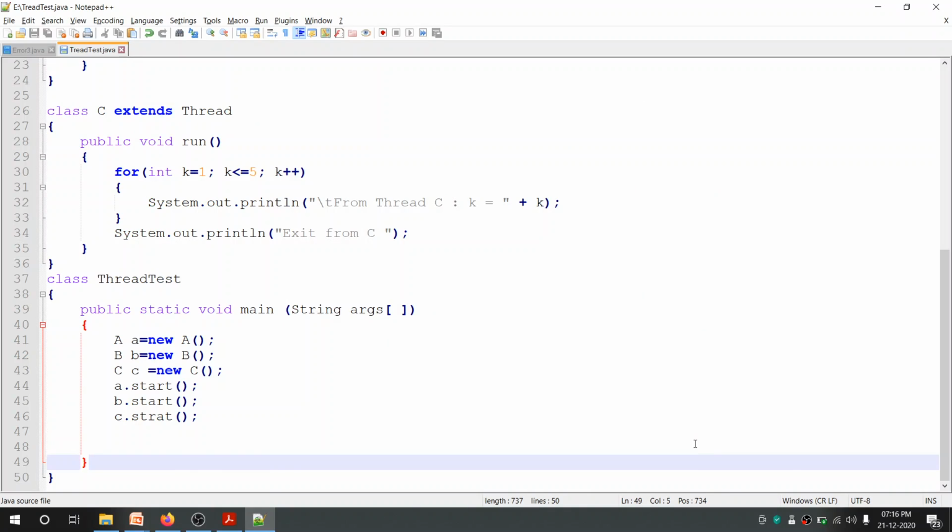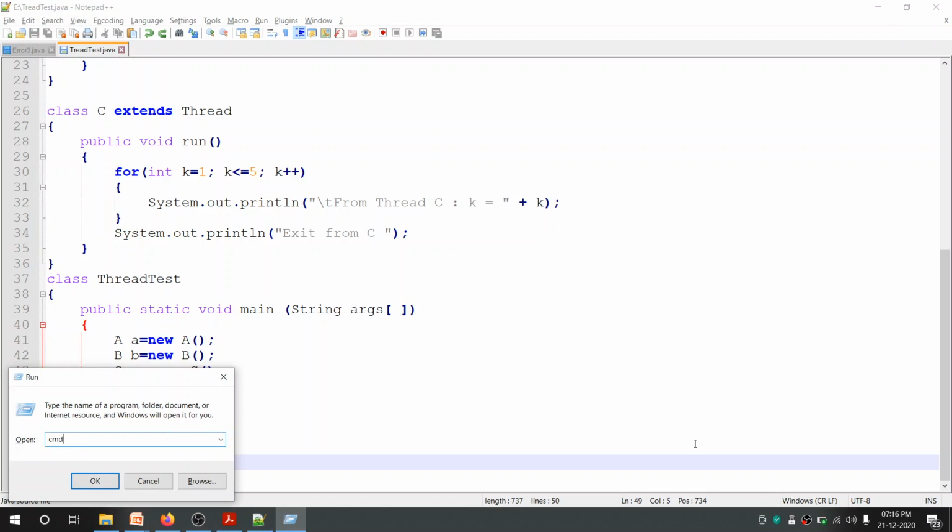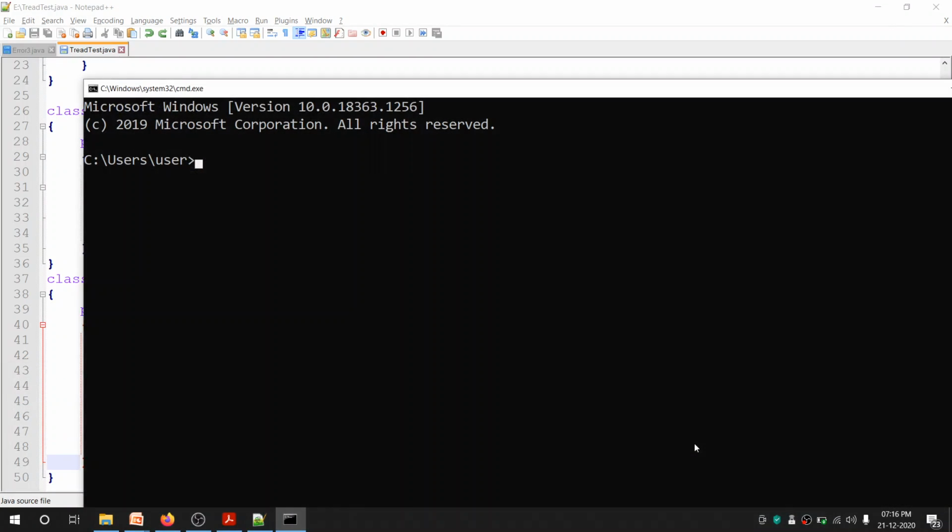Now once the program is saved, we are ready to execute. To execute it, we first need to open CMD, and move to the path where you have saved your program. We have saved our program in E. Here we have to compile the program, javac